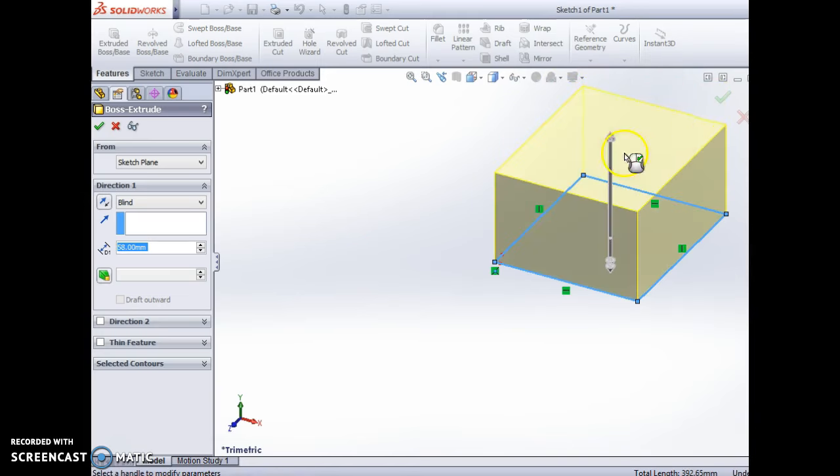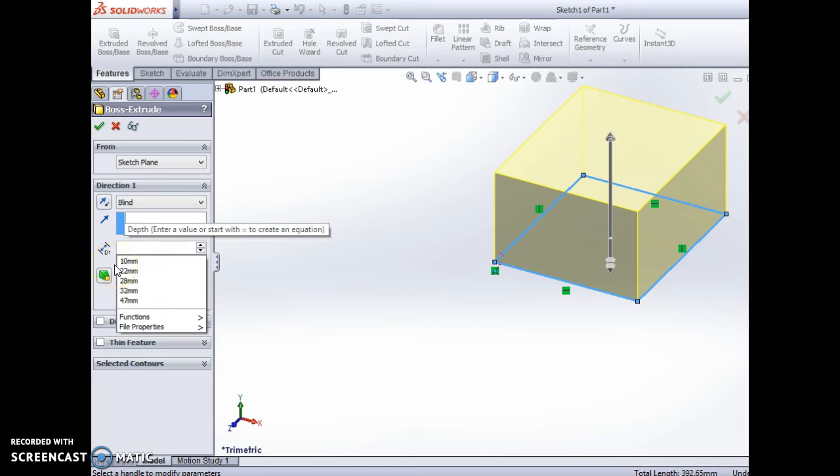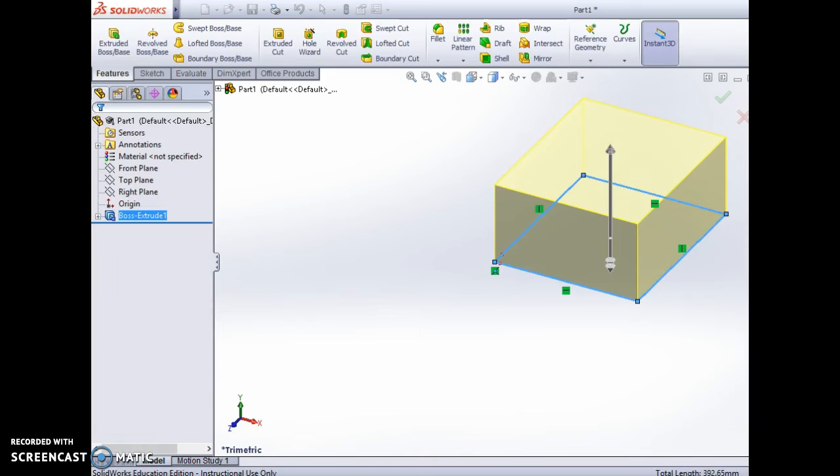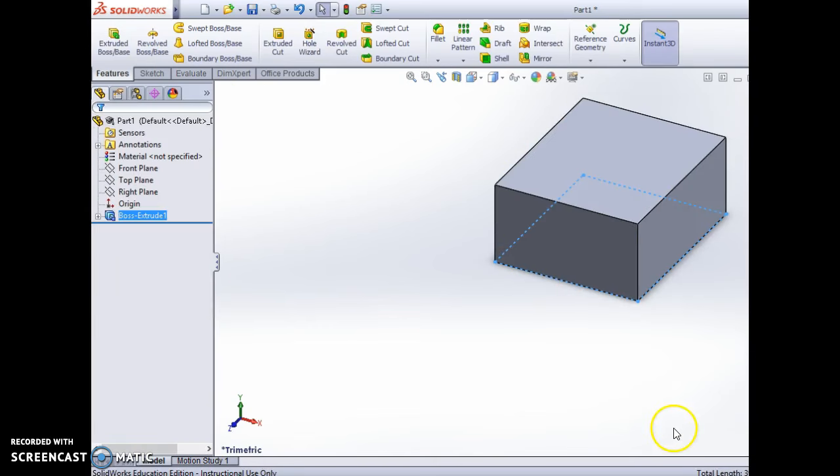Okay. The second option that I've got is over in the toolbox just down here, and you'll be able to see now that I've got an extrusion of 58 millimeters. If I just change that, I'm going to type in 50. I'm going to tell it that I want it in millimeters, and I'm just going to click on there, and I'm quite happy with that. So I'm just going to click on tick, and you'll see it will reduce the size down to 50 millimeters. Okay, and that is how to create a very